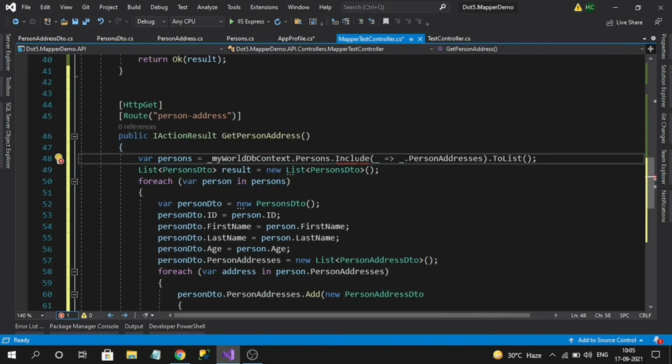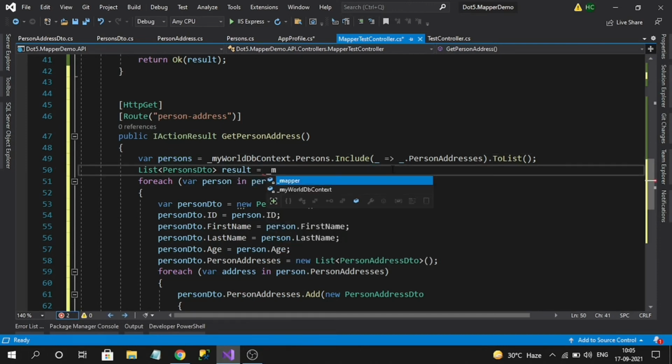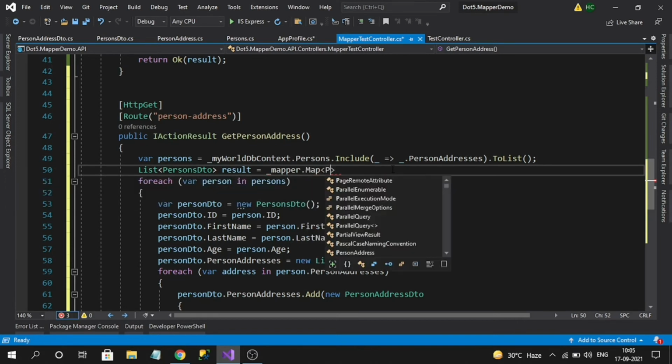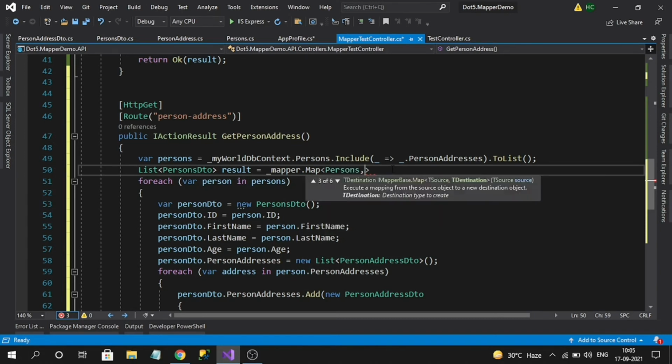Let's import some namespaces. Here I am getting person results along with the addresses, right? So here what I will do is use IMapper dot map. I simply specify the parent object as source and destination, like persons and persons data.